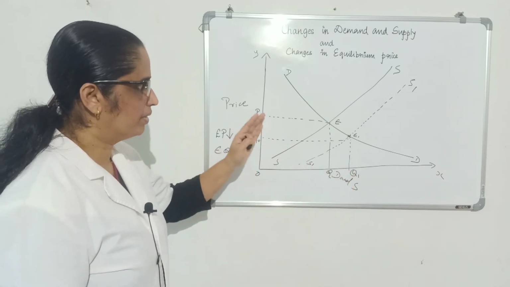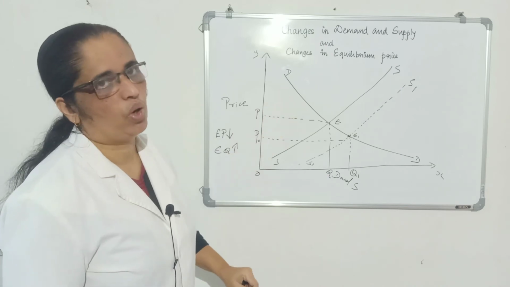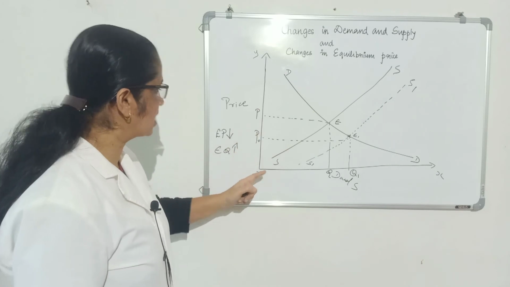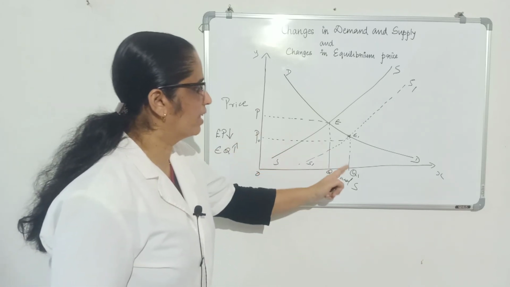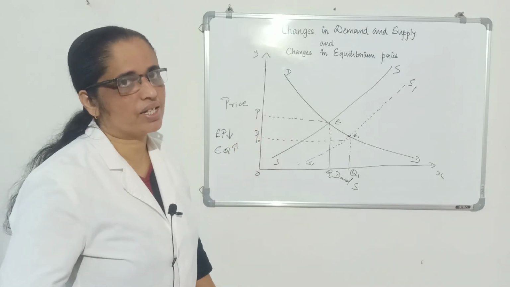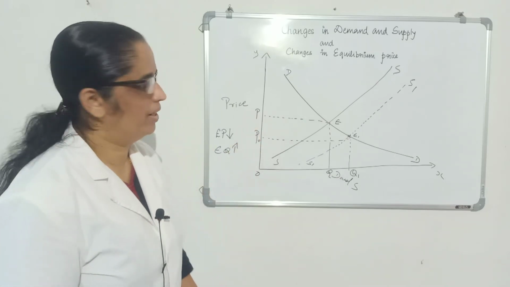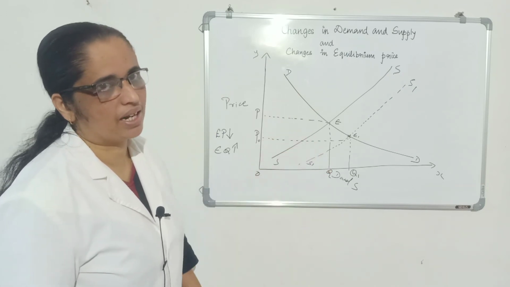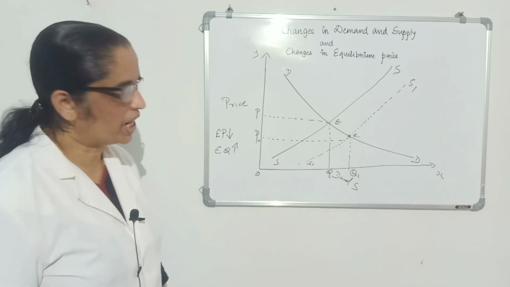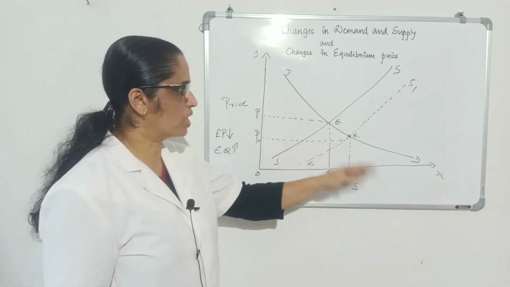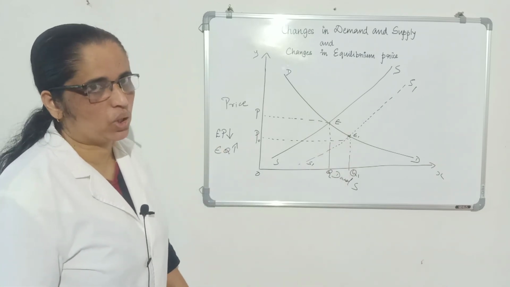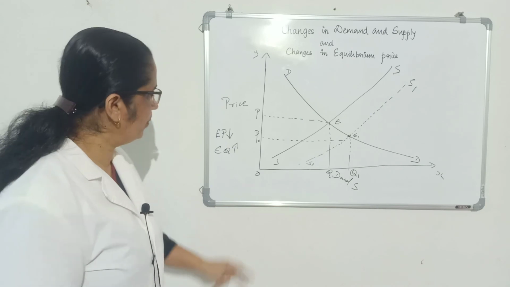So what is the impact of all these shifts in supply? Equilibrium price decreases. Equilibrium quantity increases. The supply is more, price is less. When the price is less, demand is more. Isn't it? When the supply is more, price is less. When the price is less, demand is more. So how can you say? Suppose demand held constant, supply shifts to the right. What is its impact on equilibrium price and equilibrium quantity?